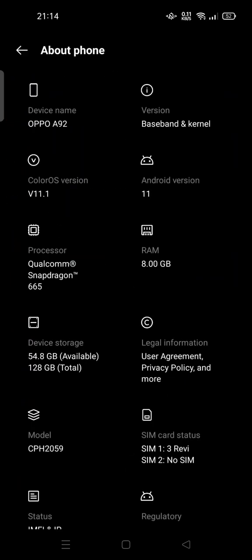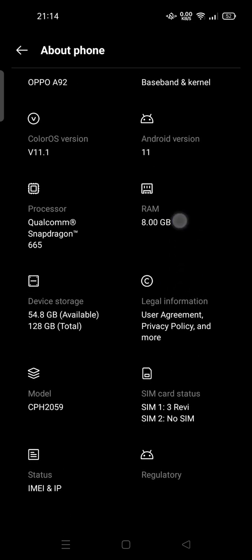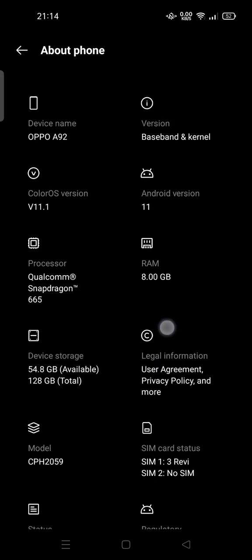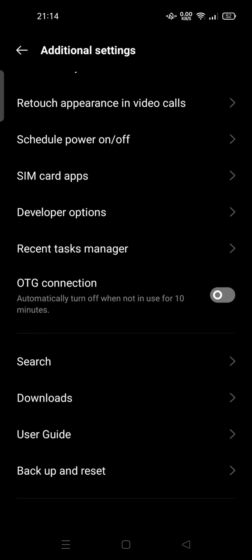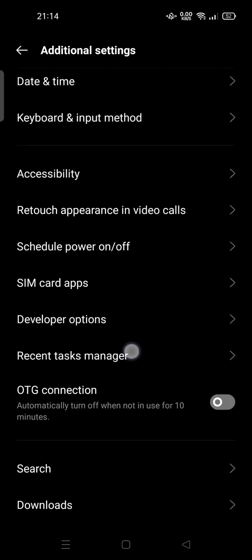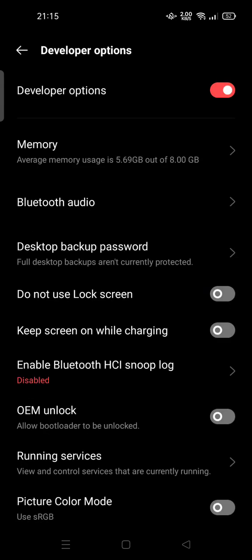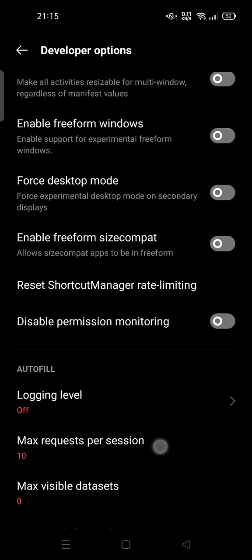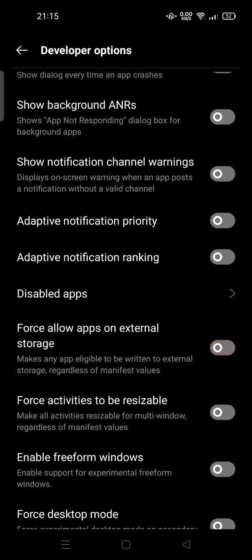On my device, you just tap on the version, you can tap on it 8 times. So here in additional settings you can enable developer options or developer mode. You can tap it. Now you can scroll down and then find this one, force allow apps on external storage,